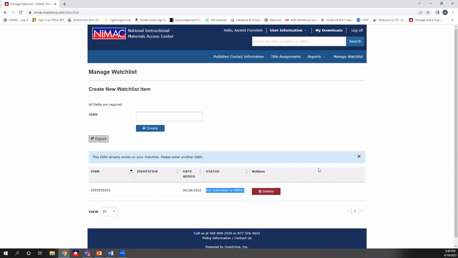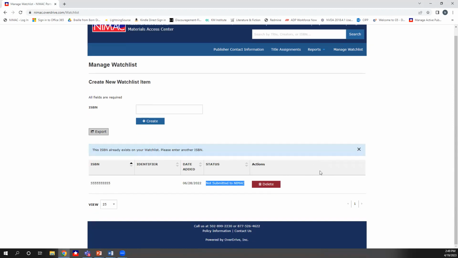Another couple things I'll just mention is that when you are adding a number to the watch list, a status could also possibly be awaiting corrections. If you see something that says awaiting corrections, that's actually a really good sign, because it means we've already reviewed the file, but we're waiting for the publisher to fix something in order for us to be able to certify the file. And then there's also another status that indicates that it is in process, which just means that it has not yet been certified. And in those cases, we can expedite those. So when you see that, it's happy news because it means that you're probably going to be able to get that more quickly.